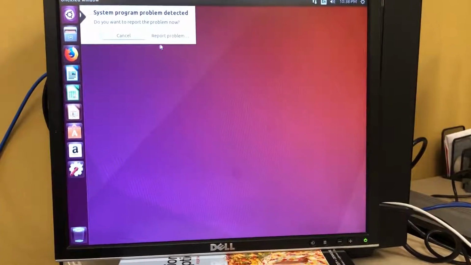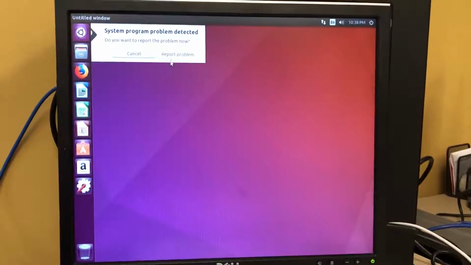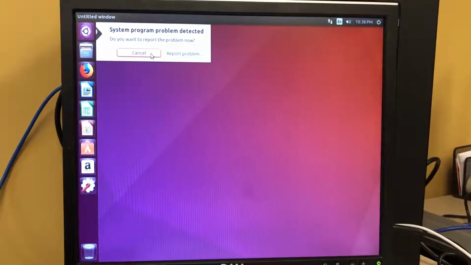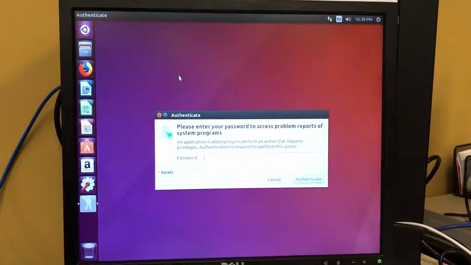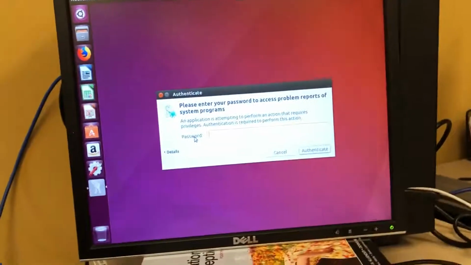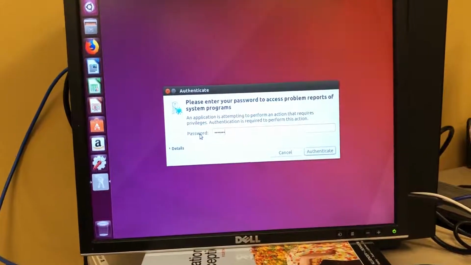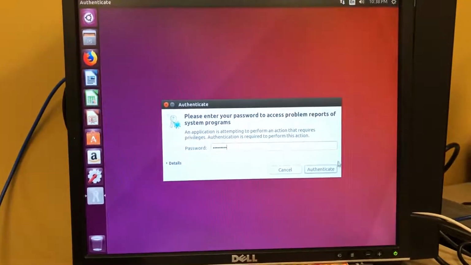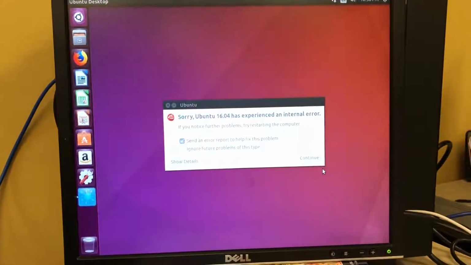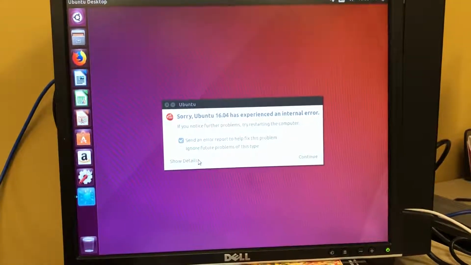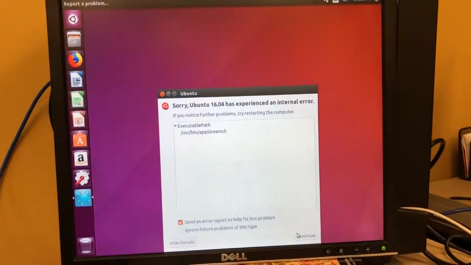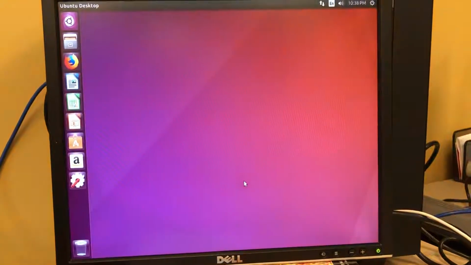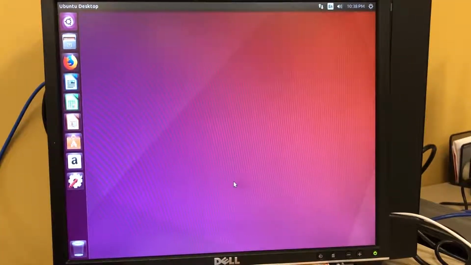Anywho, here we are again. Like I said, even though we should have fixed the problem that was giving us this, we're going to get this again. You might have to keep reporting the problem until this goes away. I think I've read on the internet that at least some people had to authenticate and send the error logs every single time. Yeah, it's the same nonsense. Okay, fine. We should be fine from here on out,